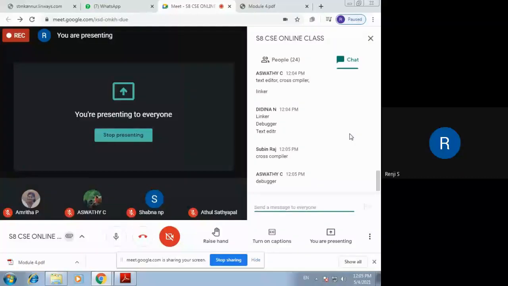The text editor for writing the firmware. Just like if you want to write a program, you need to type it somewhere. So there is a text editor in the IDE for typing in the code, the firmware. Then there is the debugger for debugging the code that you had written, linker for linking different modules of your code, and then there is the compiler, which compiles the code and generates an object code which can be run on the target processor, because target processor is there on the target code.